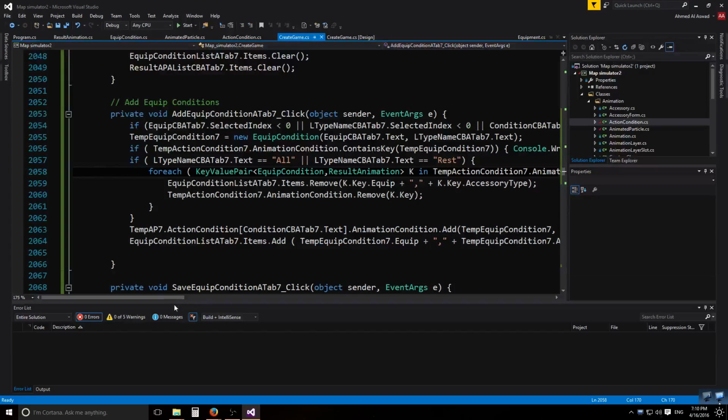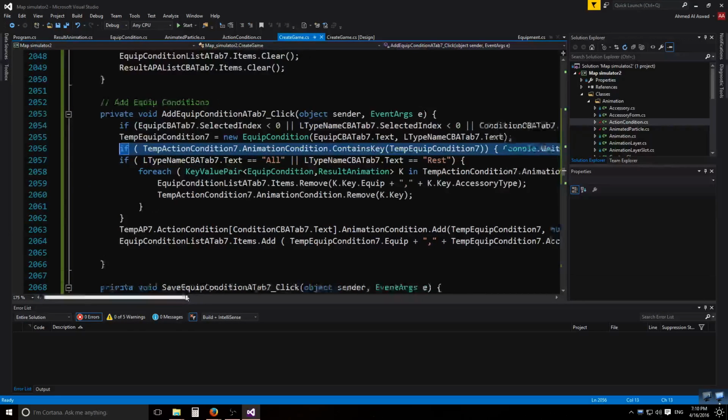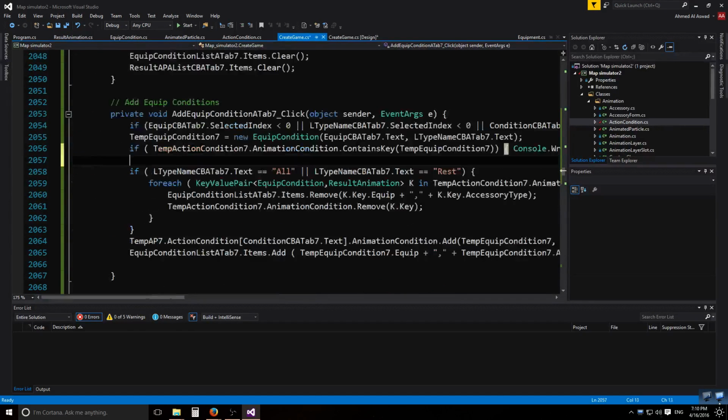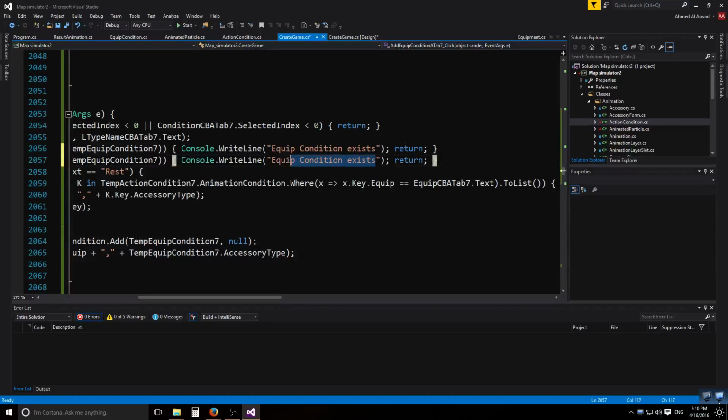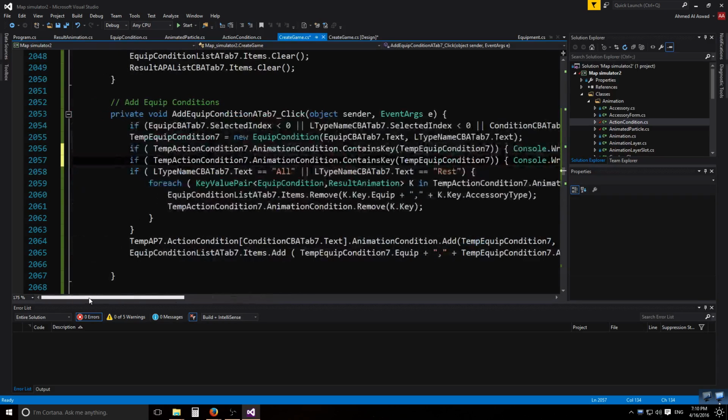Like we add a condition in here. I will delete that later. Contains